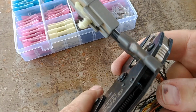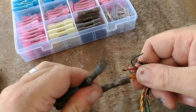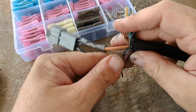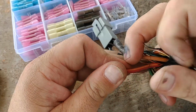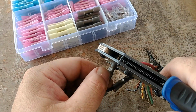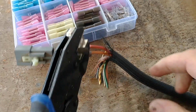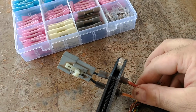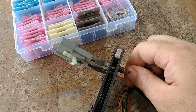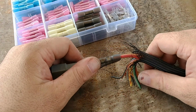Get it in there. Give her the beans. Give her a tug. We're good. So same over here. Ta-da. So the other thing I'm going to do right now is I'm going to grab my heat gun, which